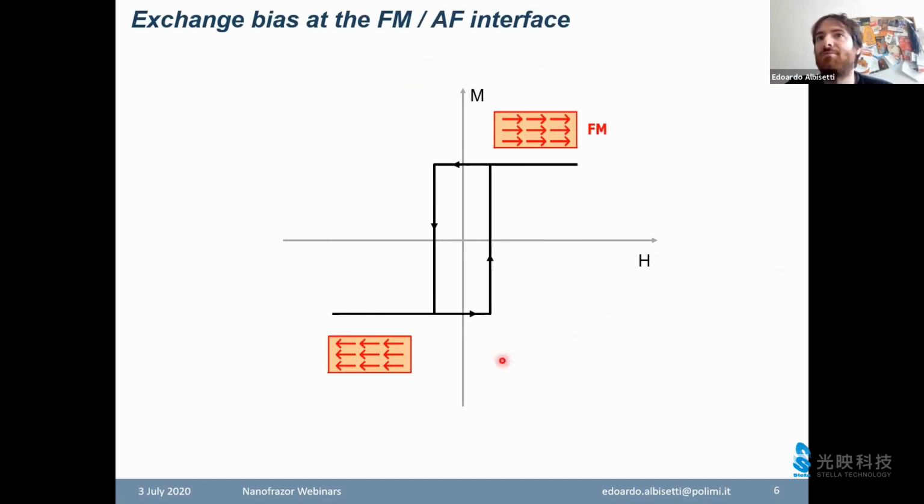So here we start with a simple ferromagnetic material. This is the hysteresis loop. So basically the direction of the magnetization as a function